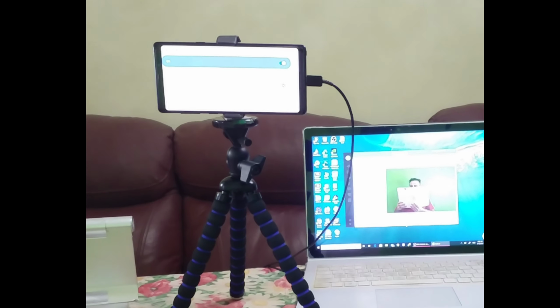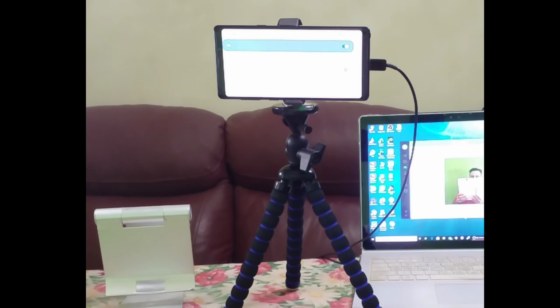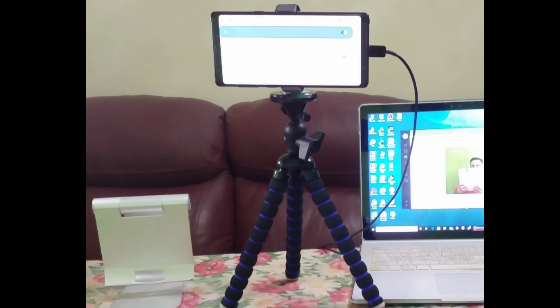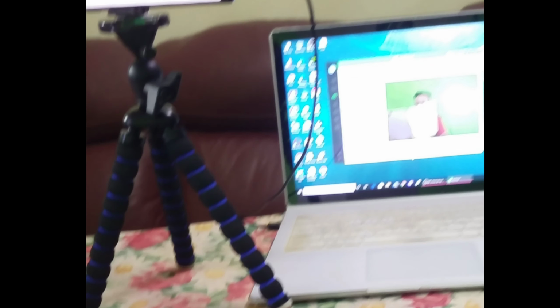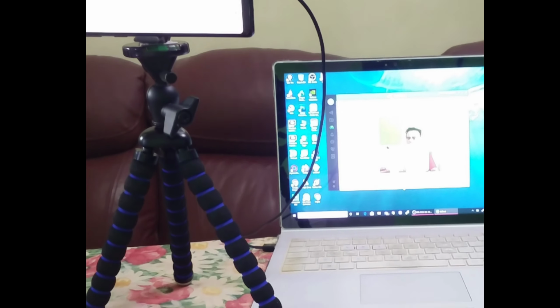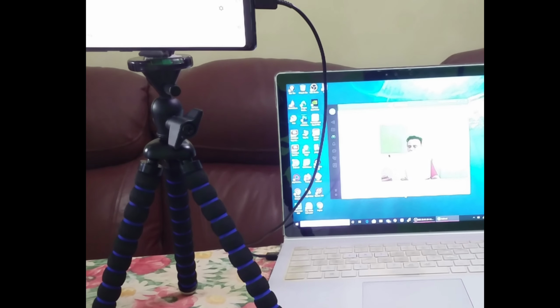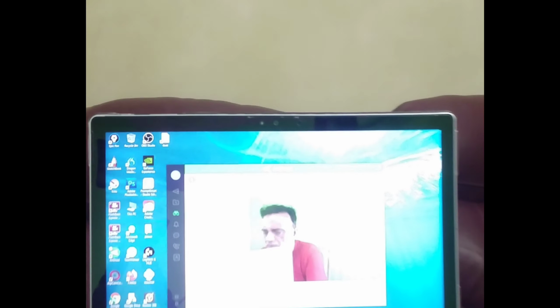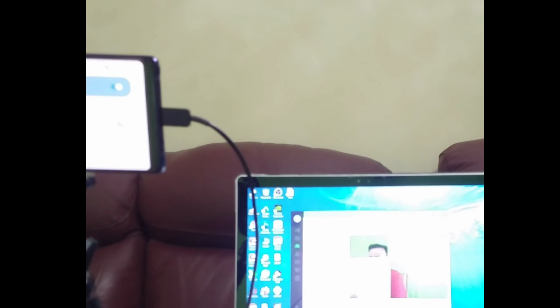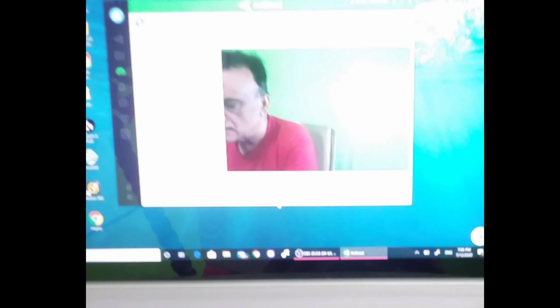So you can see the connection there. My phone has been mounted on a tripod and it is physically connected to my laptop with a cable. I have a Wi-Fi connection, but this will work even without a Wi-Fi connection. You can see an image on my laptop which is actually coming from my phone camera, and I will show you how to get this